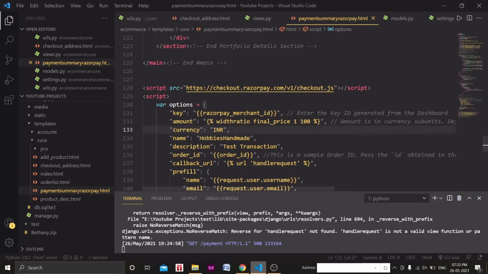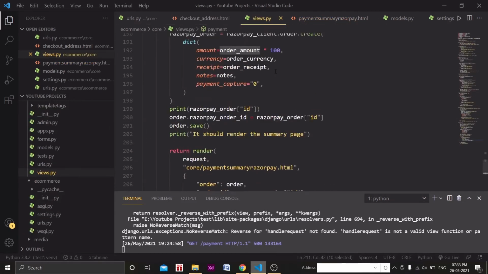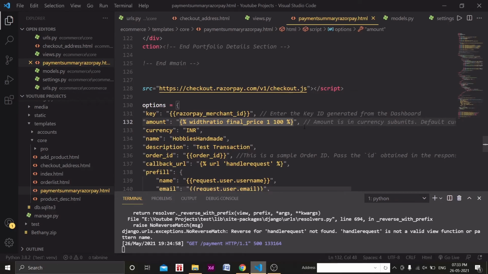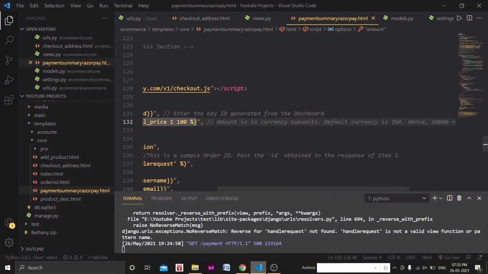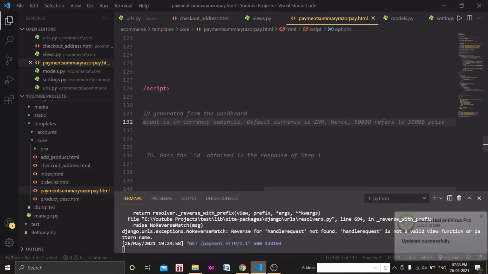It will return the value final price that we got in the views.py file. So order amount, which is order dot get total price into 100, will be multiplied by 100, and that's what we want here. Amount is in currency subunits, so the default currency is INR, hence 50,000 refers to 50,000 paise, and for that we need to multiply by 100 to get into rupees, okay.